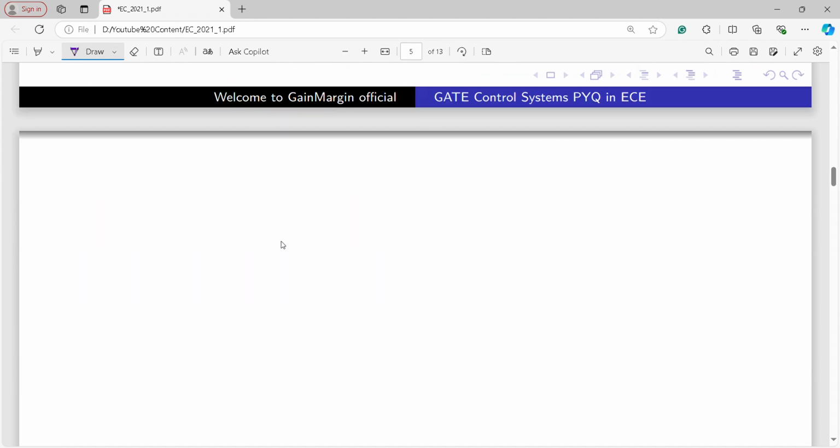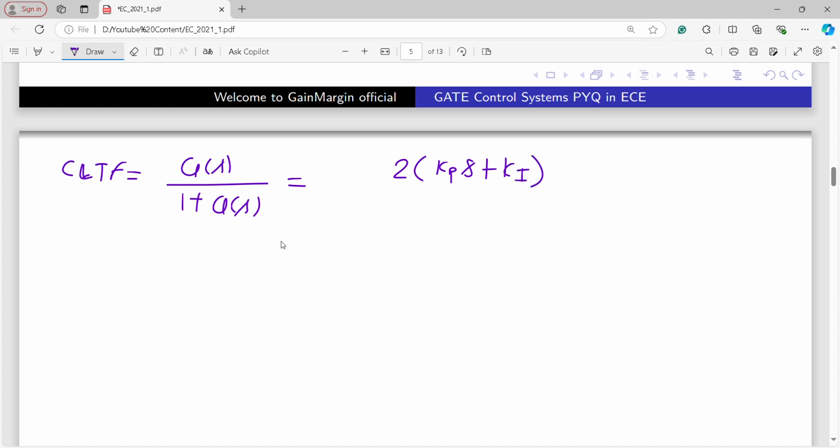Let us write here. So CLTF equal to G(s) by 1 plus G(s). So it will be 2 into (Kp s plus Ki)